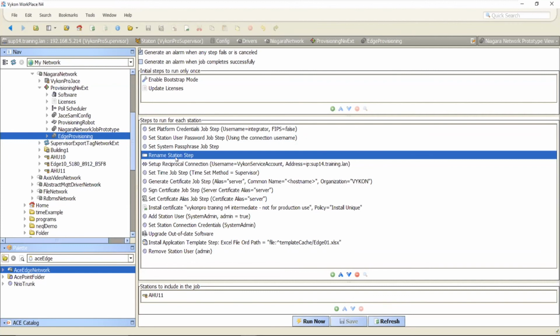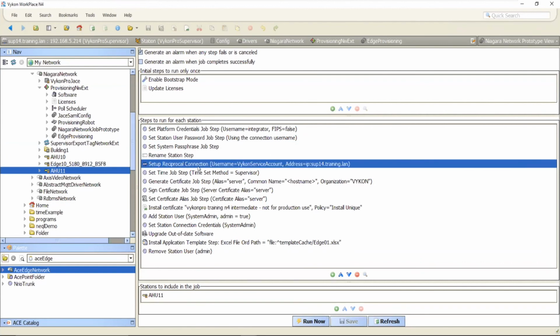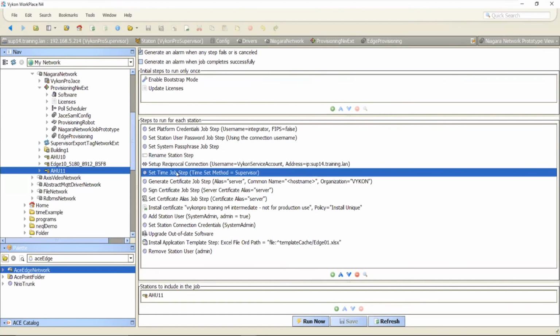We can also rename the station in that edge controller. So instead of it being some funky name based on the host ID, it would rename it to AHU11 in this case, which is the name of the device that I have here. It can also set up the reciprocal connection back to the supervisor, the Niagara network connection, set up NTP on